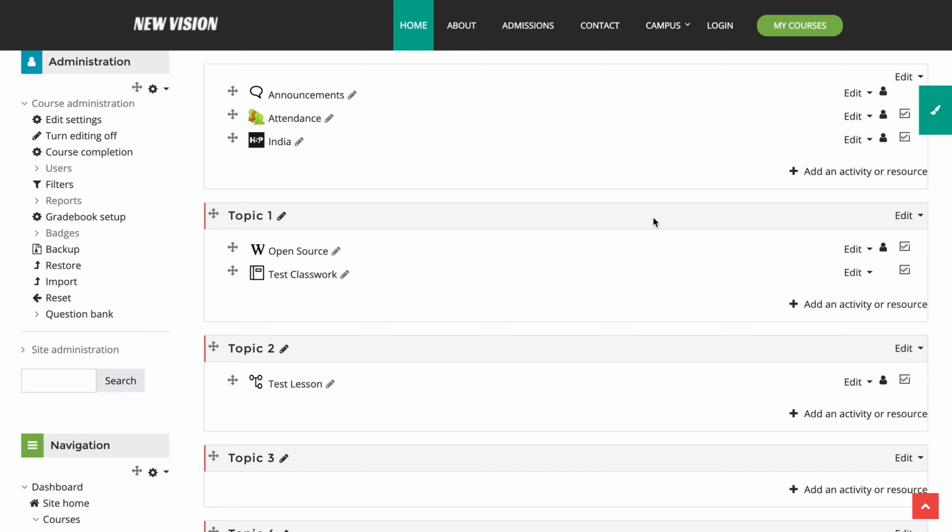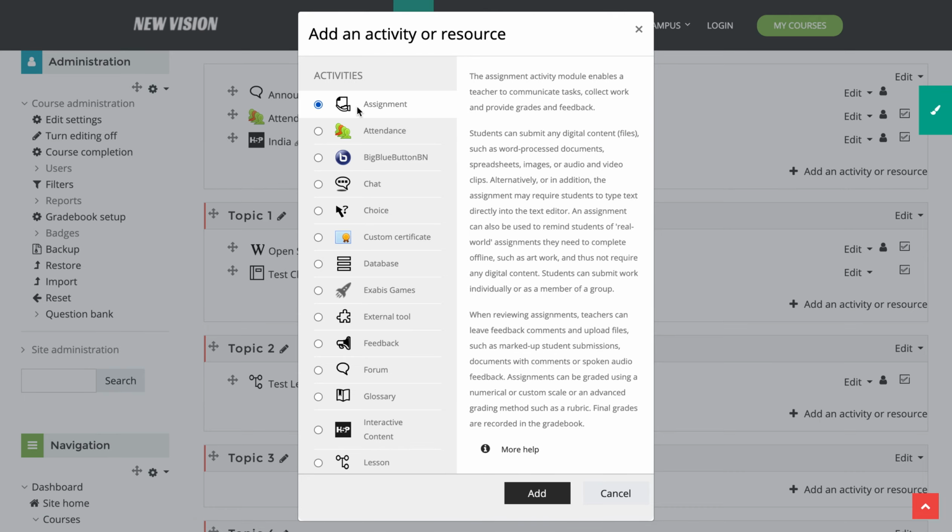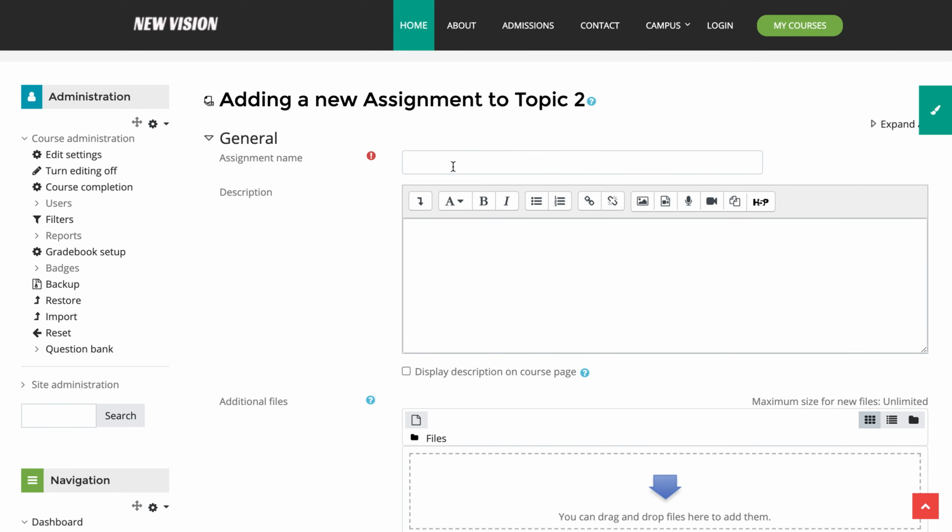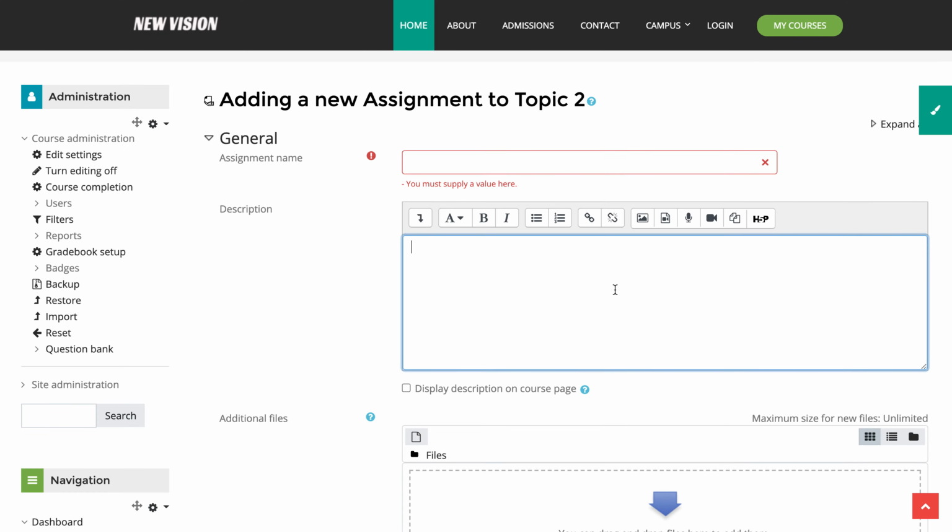Please go to your respective subjects or courses, turn editing on, and then click on add an activity. The first option you should choose is assignment, then click add. Here let us all follow a common naming convention. I will give FA 2 underscore. If this is for class 10, I will give C10, and if the exam is for English, I will give ENG. If it is for social, SOC. Likewise, if it is for math, MAT, like this.